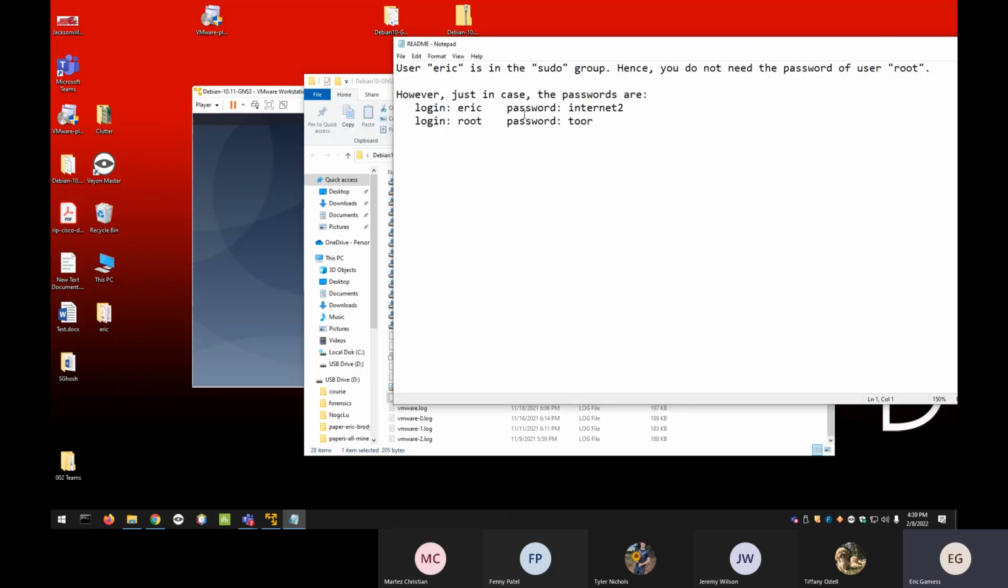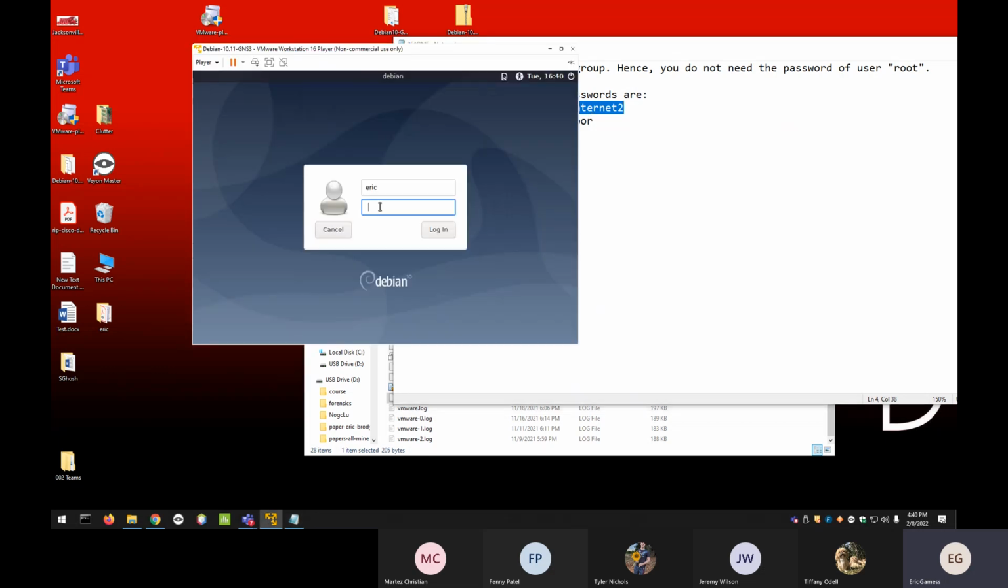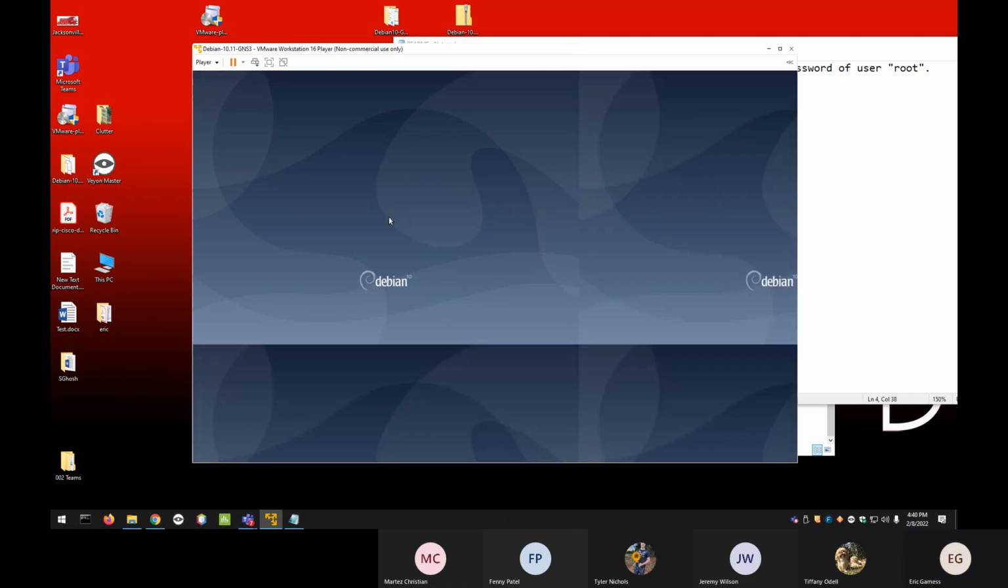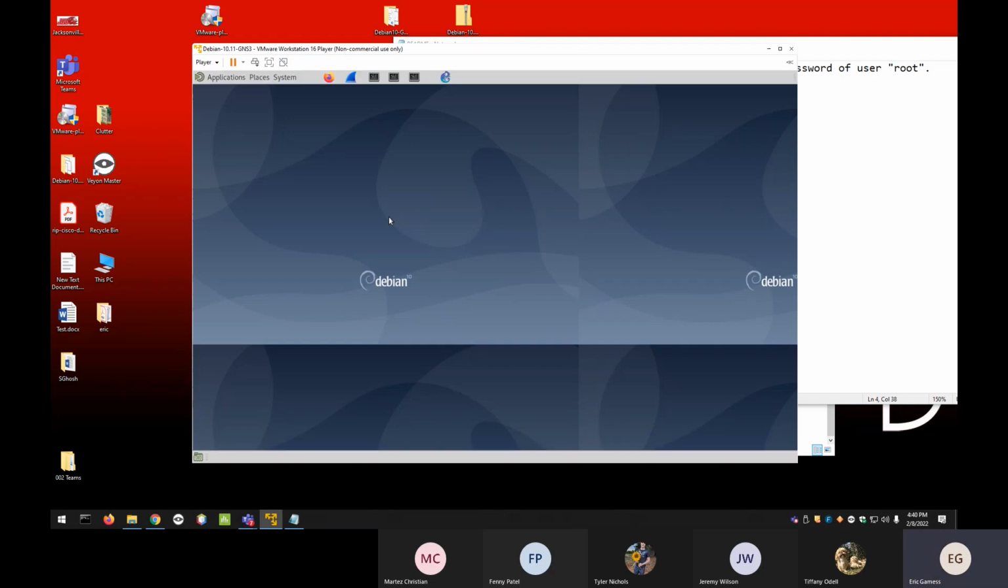It says we have two users. One is the admin user, which is called root, and the password is TOOR, which is root backward. And we have another user, which is a normal user, and the password is internet2. So here, as user, I'm going to put Eric, and the password is internet2, and it will launch the Debian